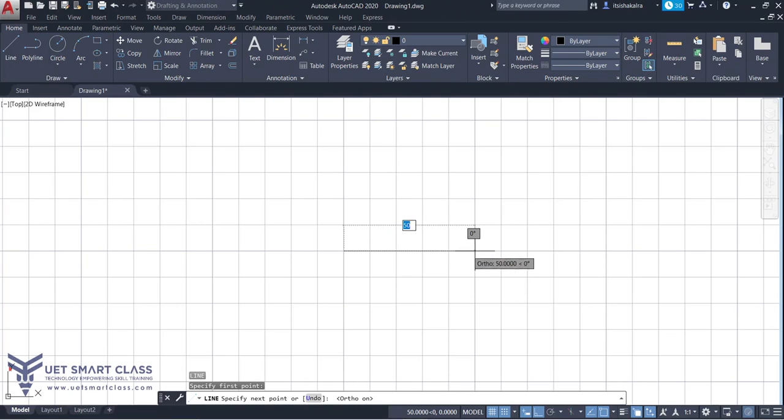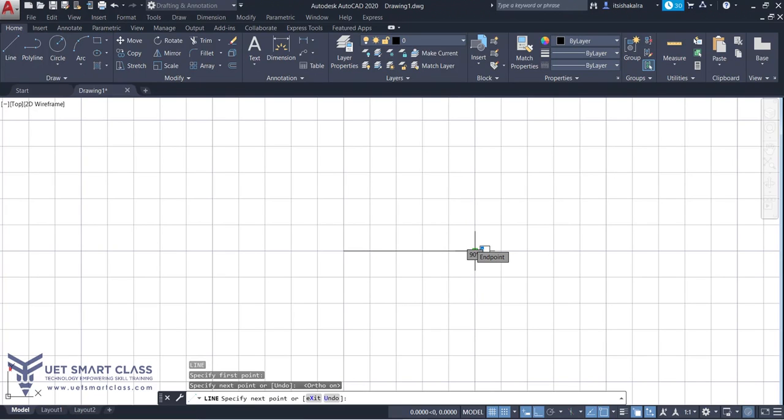So within whichever degree you want to go into, like I want to go to east, 0 degree. If I want to go to 180 degree, my dynamic input is also showing me the cursors, the angle which I'm taking. This is the 180 degree angle which I'm taking now, and this is the 0 degree angle. So 0 degree angle around 1, 2, 3, 4, 5 boxes ahead. I'll take second point. Okay.